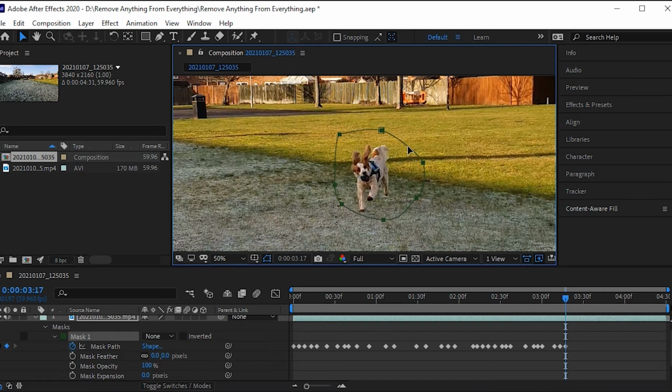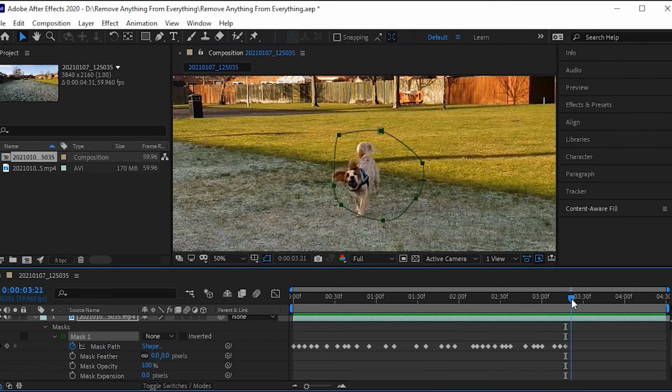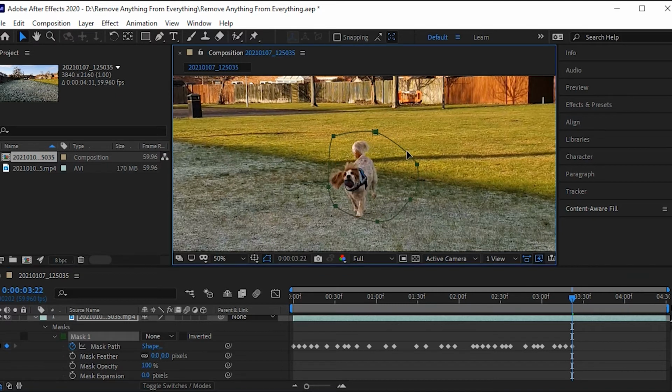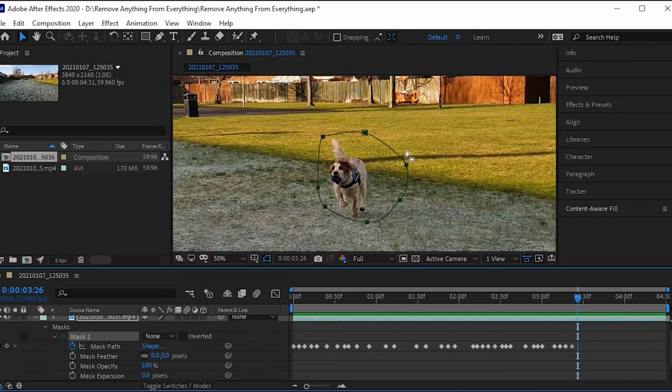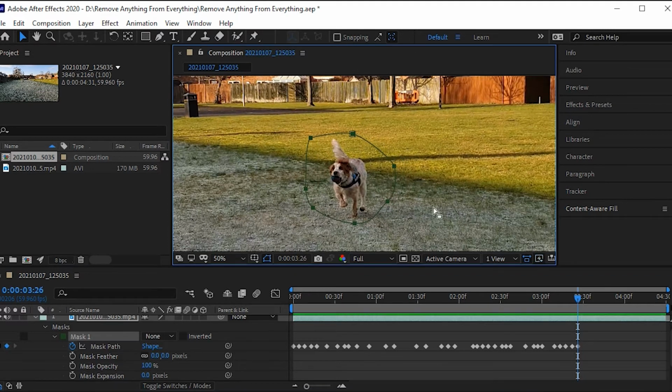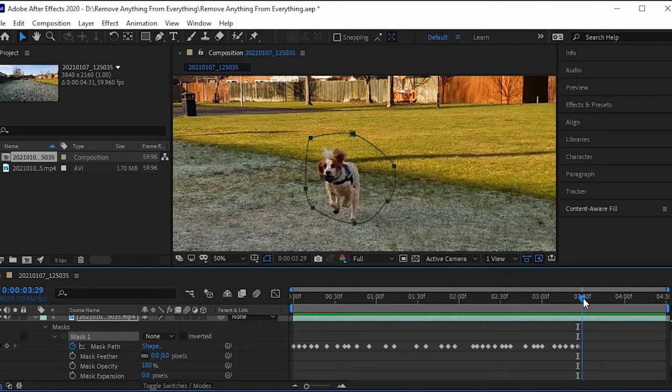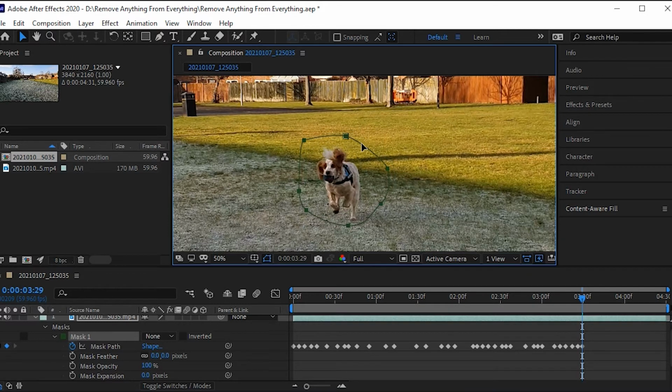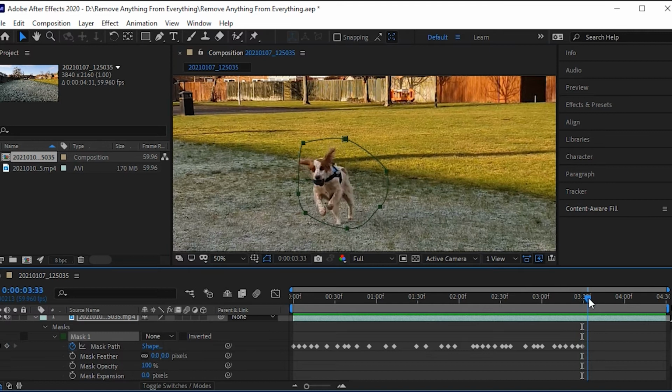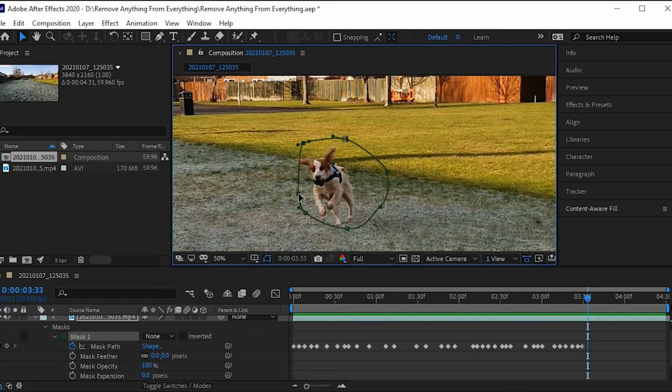We've got ears, we've got face, we've got ball, we've got paws going all over the place. We're just going to try and keep her inside this mask as much as we possibly can. We can of course always go back at a later time and just retweak things if we need to. But ideally it's best to try and tweak these things as you go, rather than